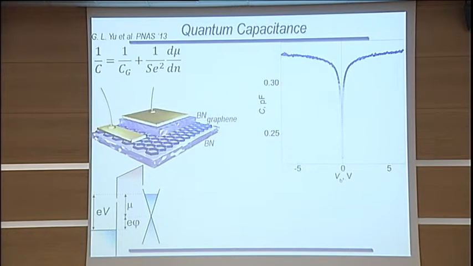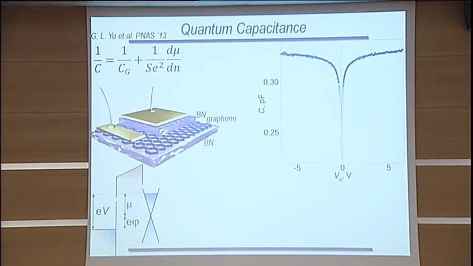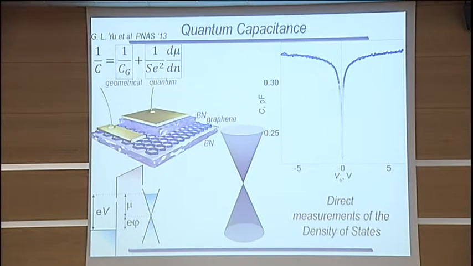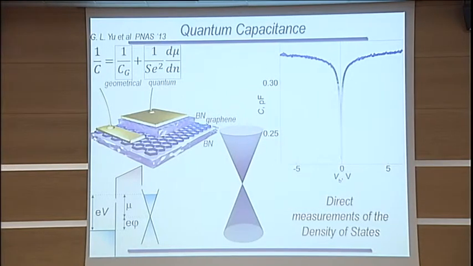Then imagine you want to charge this capacitor: you take a probe charge from the metal to graphene. You have to overcome this electrostatic energy, which gives you the geometrical capacitance, but you also have to pay this kinetic energy, or in some cases the interaction energy as well, and that gives you this quantum capacitance, which is simply proportional to the density of states in graphene. And of course, we all know that in graphene the density of states vanishes at the Dirac point, at the compensation point, and so this basically goes to infinity, and it gives us this pronounced dip in the